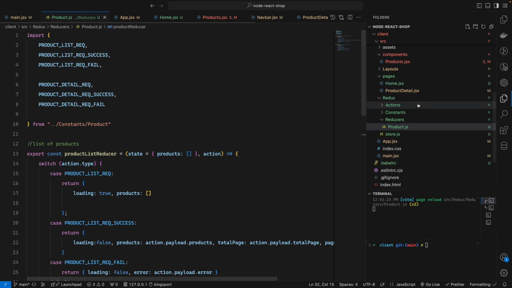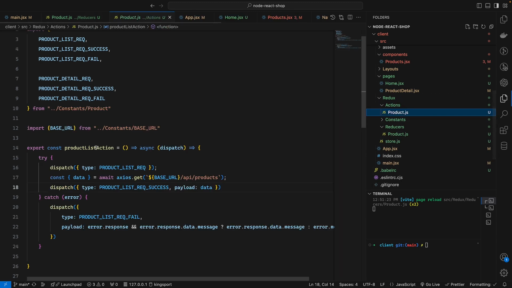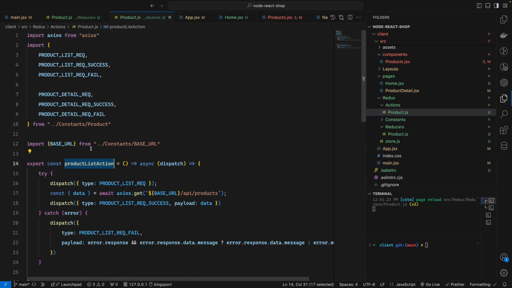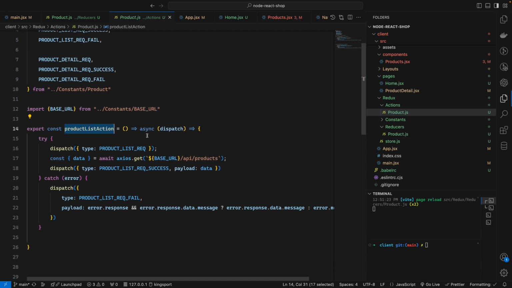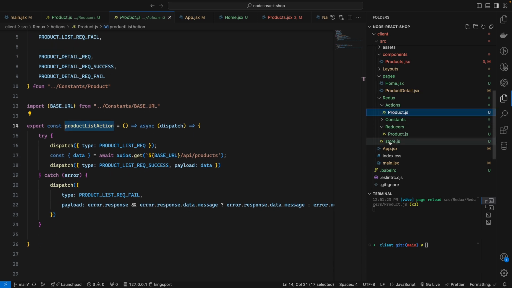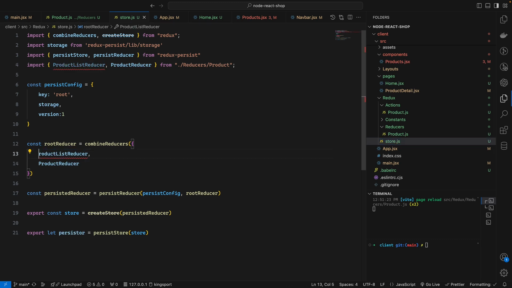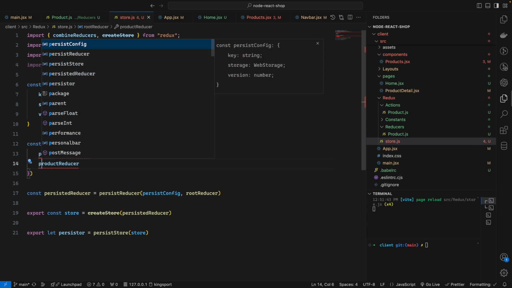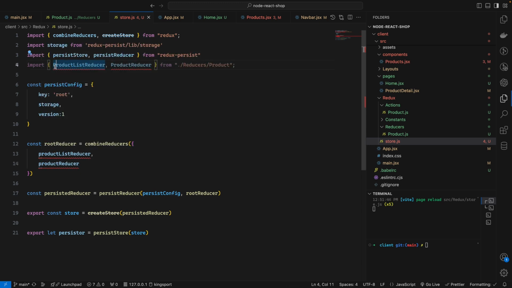And then let me go and check in an action, product list action, yeah, product list action. And then inside the store we should have the product list reducer and product list reducer. So instead of getting the big letter, we should have small letter starting with the